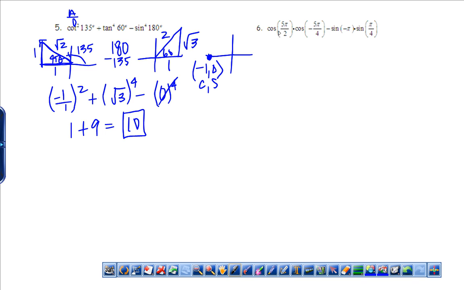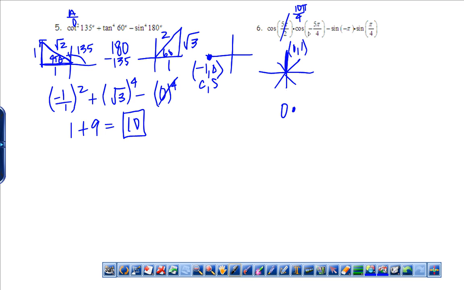Okay, our very last one. Cosine of 5 pi over 2. I would change to a 4th power, or not 4th power, times 2, sorry. So this would be 10 pi over 4, and now everything is over 4. So 10 pi over 4, if you look at this, 1, 2, 3, 4, 5, 6, 7, 8, 9, 10. So this is 0, 1. Cosine is your first one, so this is 0. So my first one is 0